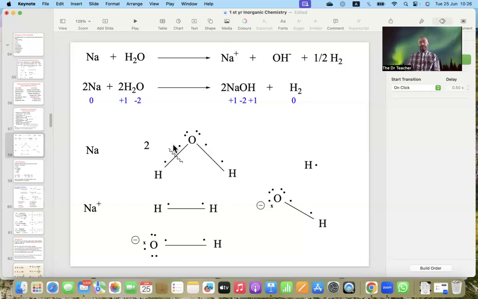Sorry, this is the water, and this is the sodium. This is hydrogen. When there is half a gas of hydrogen, it means one hydrogen with one electron. So sodium here lost an electron to the hydroxide. The water dissociated, broke down, into hydroxide and hydrogen. So hydroxide and hydrogen,